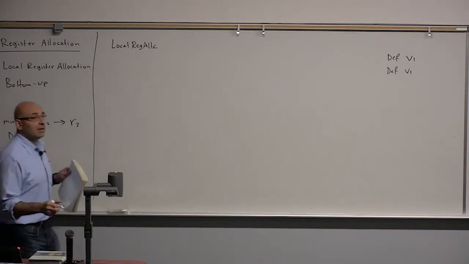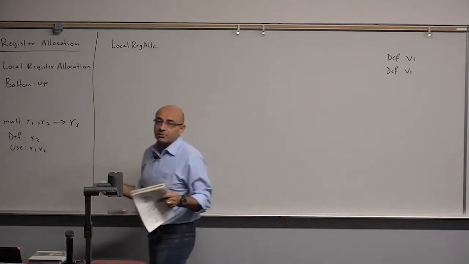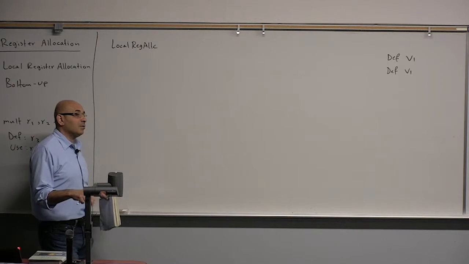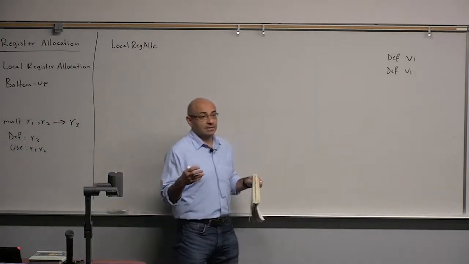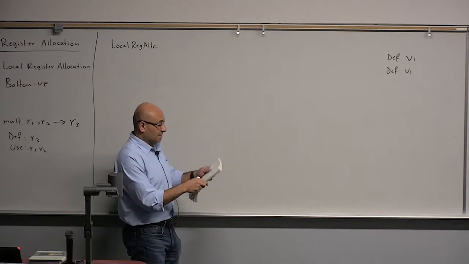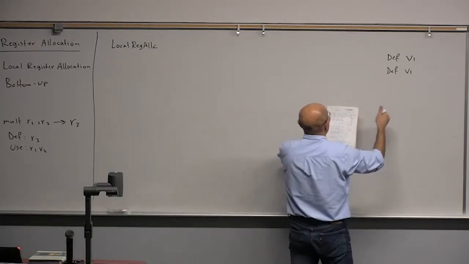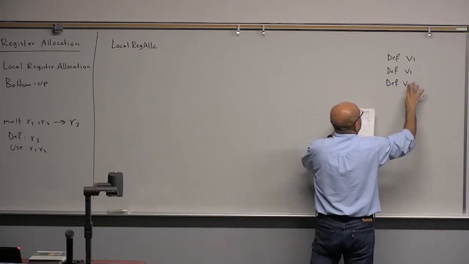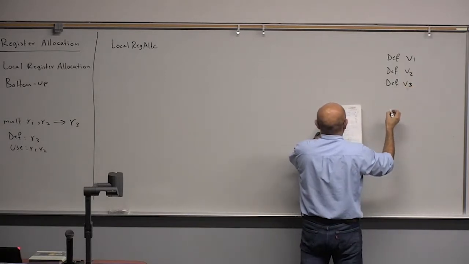So for register allocation, we can abstract an instruction into defs and uses, what it defines and what it uses. That's what we care about, and we don't care about what actual instruction it is. Okay, so we can abstract this into define v1. This is what it does. Define v2, v3, and then there is an instruction that